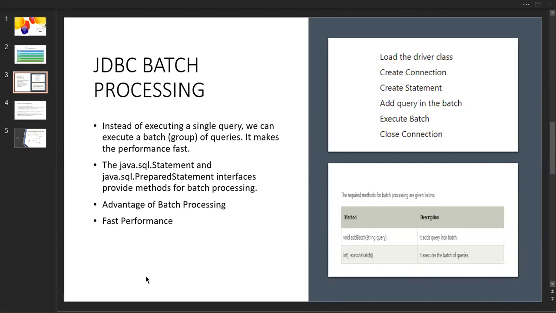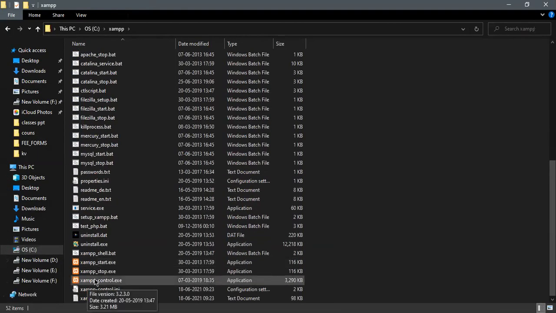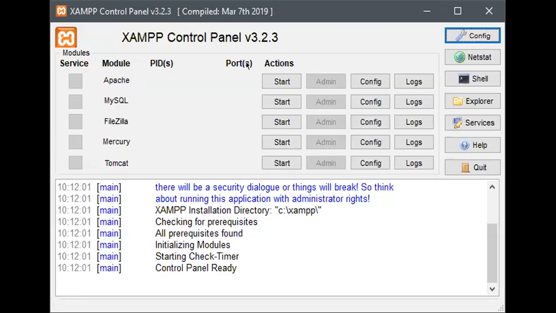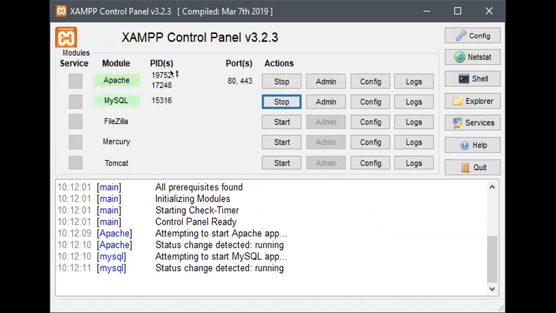I'm sharing the folder. Inside the XAMPP folder, I have a control panel. When you click on this, I have to start these 2 things. Then only MySQL Workbench will start.